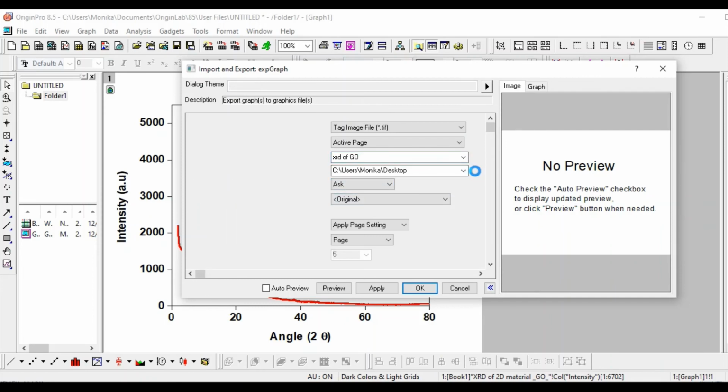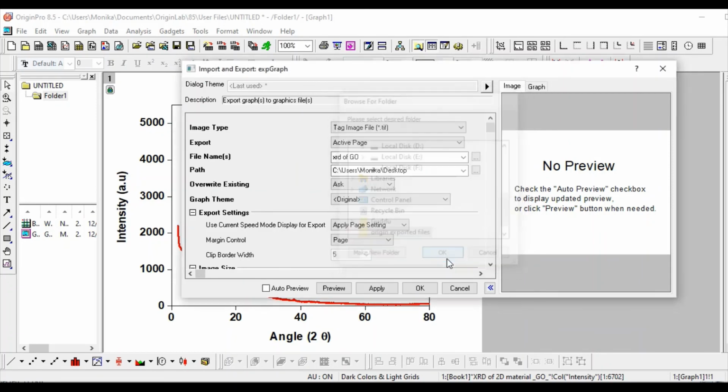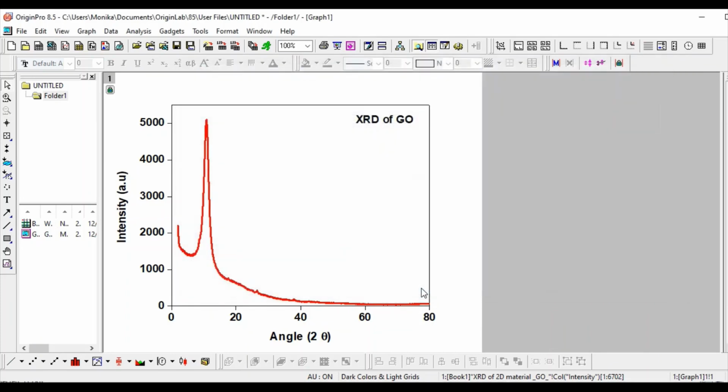I will take it to another place where I want, so I have a folder on my desktop as Origin exported file, and okay, so I have saved it. Now you can apply it. If you want to see the preview, you can see it and just okay it.